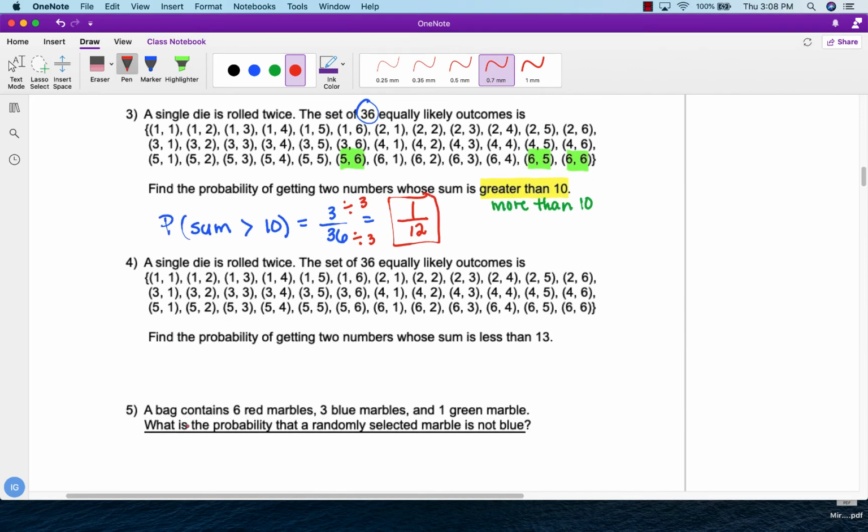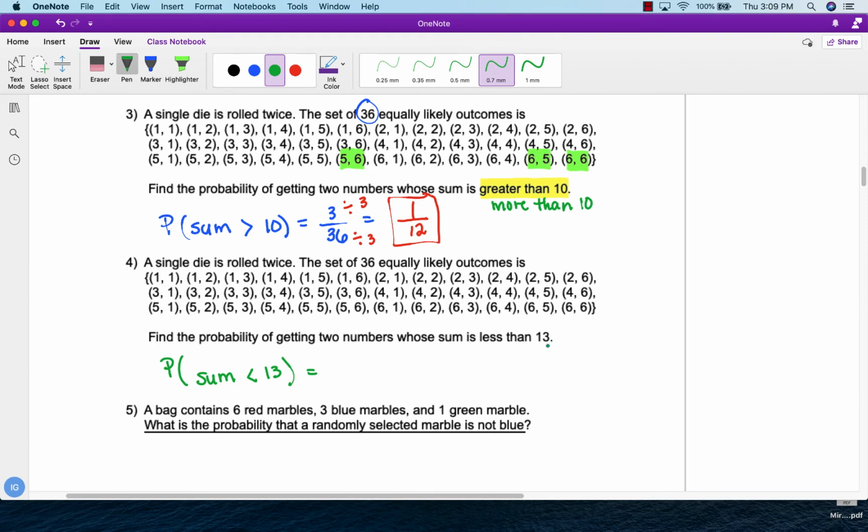The next one still talks about a die that is rolled twice, and it gives you all the possible outcomes, but now you're trying to find the probability of the 2 numbers whose sum is less than 13. Less than 13. So let's try to figure that out. Pause the video, give it a try, and then you can check your answer. Less than 13, so